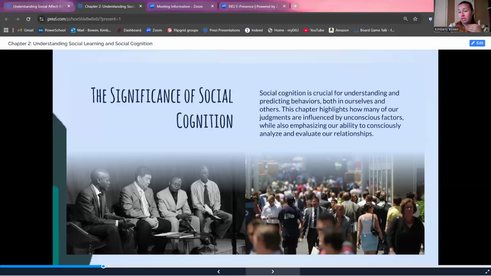Maybe there's an authority figure, right, in a classroom, like a teacher, that's going to have a certain kind of presence comparatively to the students in the classroom, where you would know that that person is the teacher based on where they're standing in the room or how they're directing class. All of these things help us to form social cognition and understand and be able to predict how these things are going to go in the future.